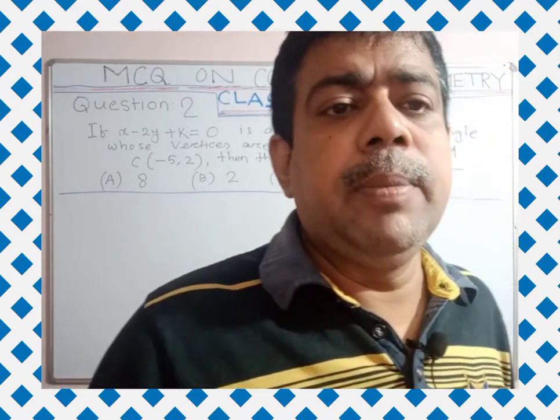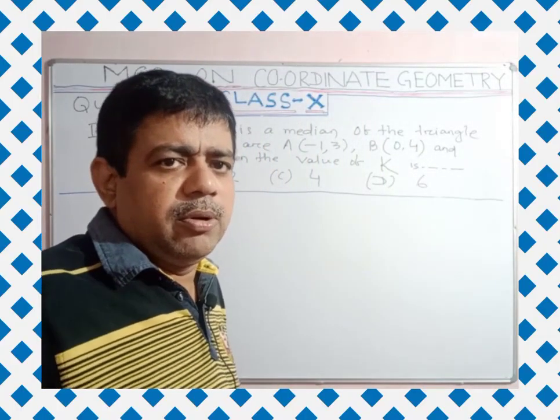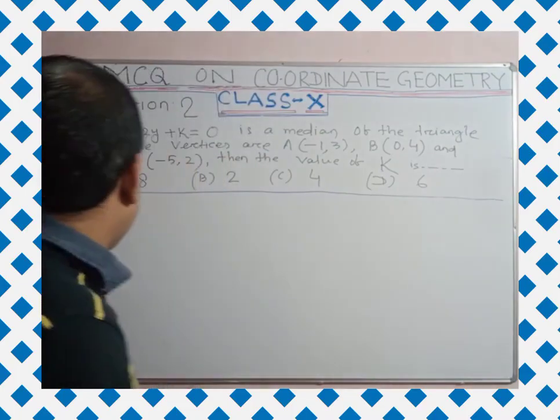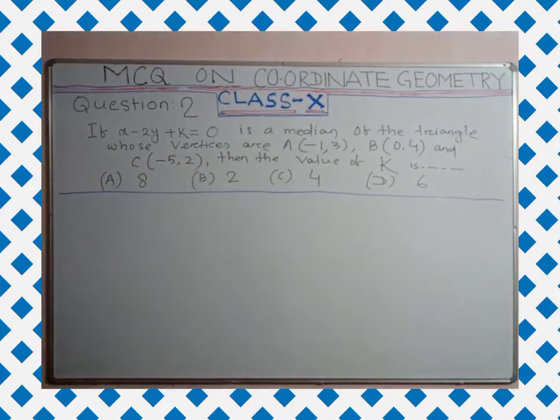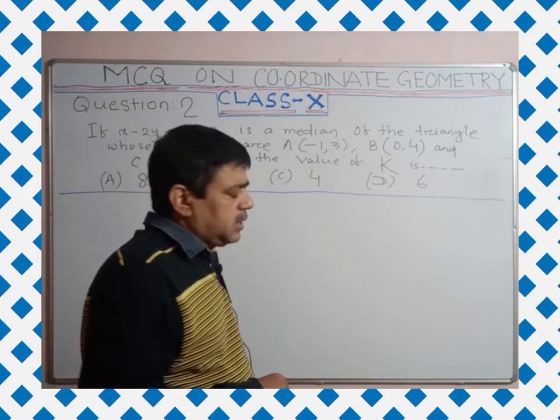Okay, I am discussing the next question for you. Question number 2 for you. Here is another interesting question for you. Okay, here the question is that if x minus 2y plus k is equal to 0 is a median of the triangle whose vertices are